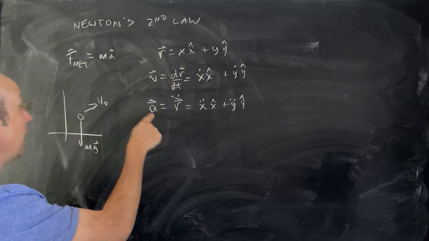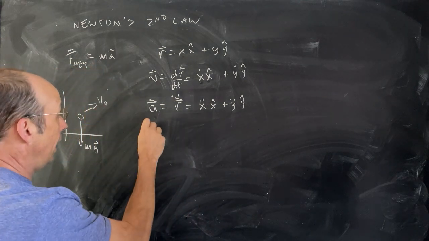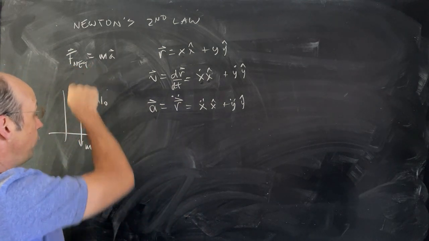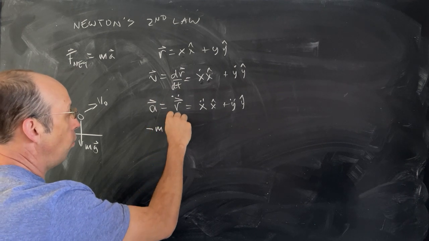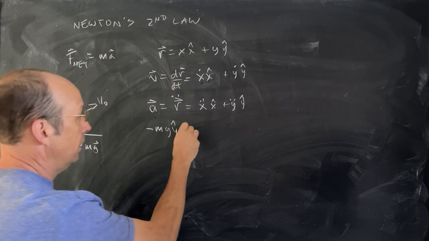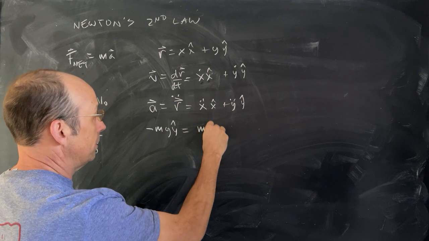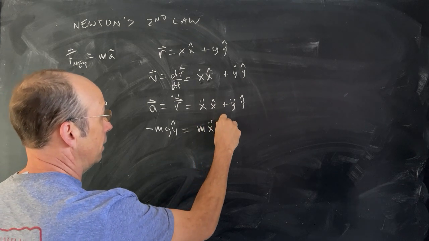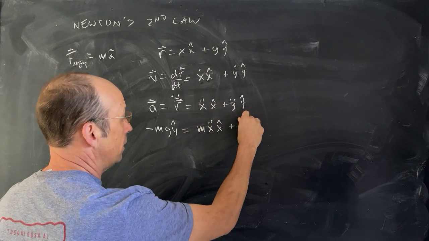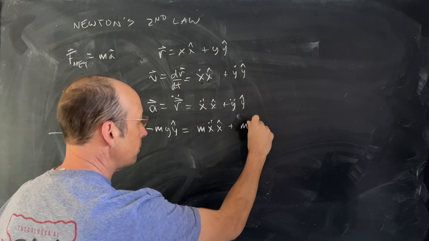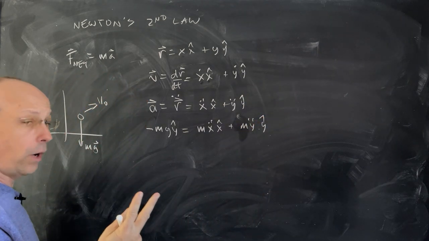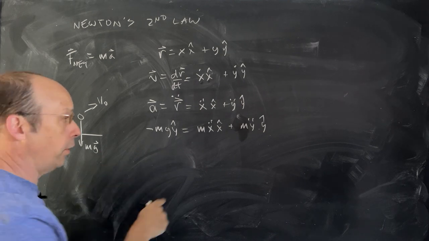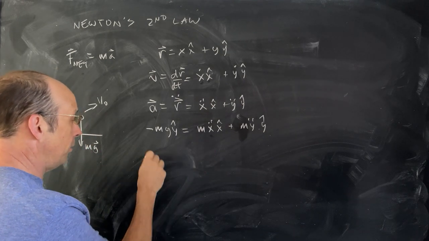Now, if I take that and plug it into Newton's second law, let's write the net force as negative mg y hat plus 0 x hat is equal to mass times x double dot x hat plus mass times y double dot y hat. So I actually get 2 equations, right? I get an equation for x and an equation for y. I get x double dot equals 0,